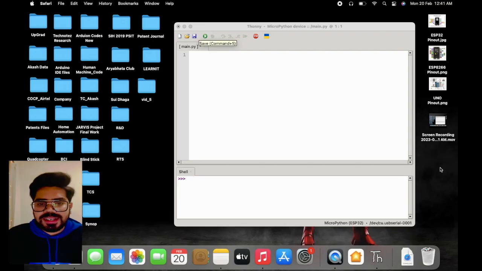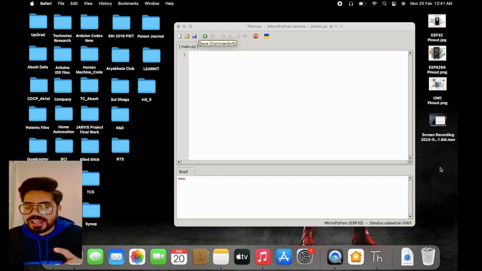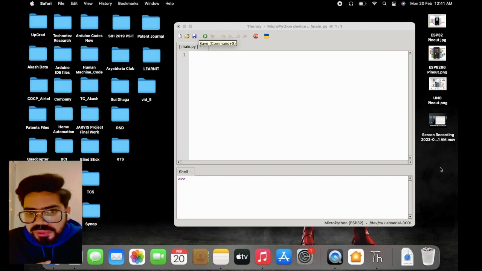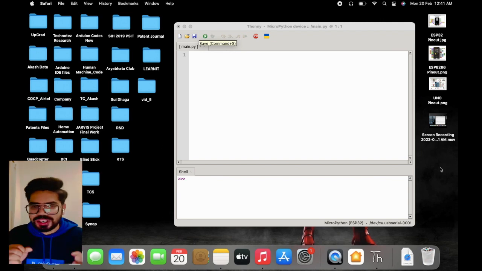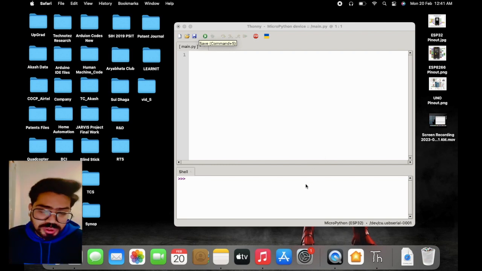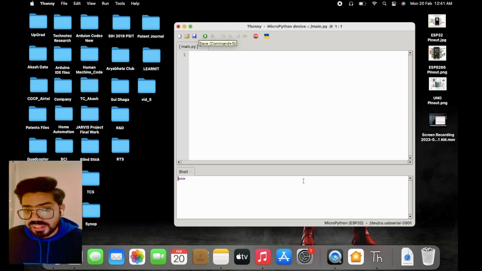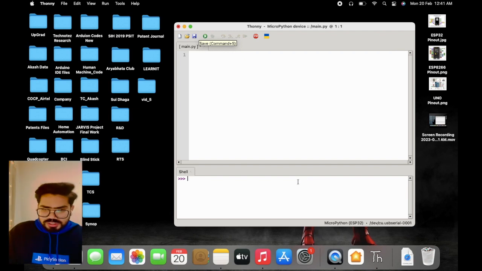So guys, let's see how to interface a DHT11 temperature and humidity sensor with ESP32 board in MicroPython. So first we'll try to write commands in the below shell window and read the data directly from the microcontroller, and later we'll write a script for that. So first of all,